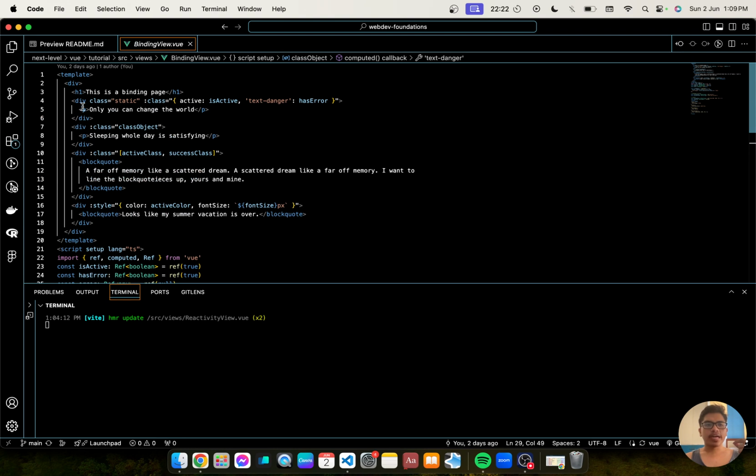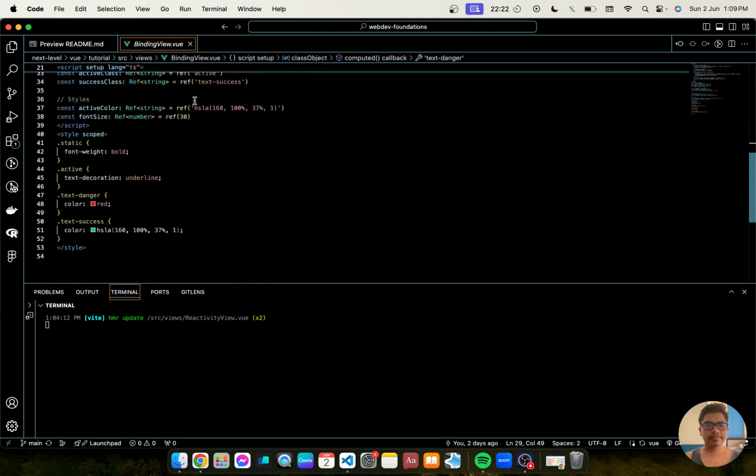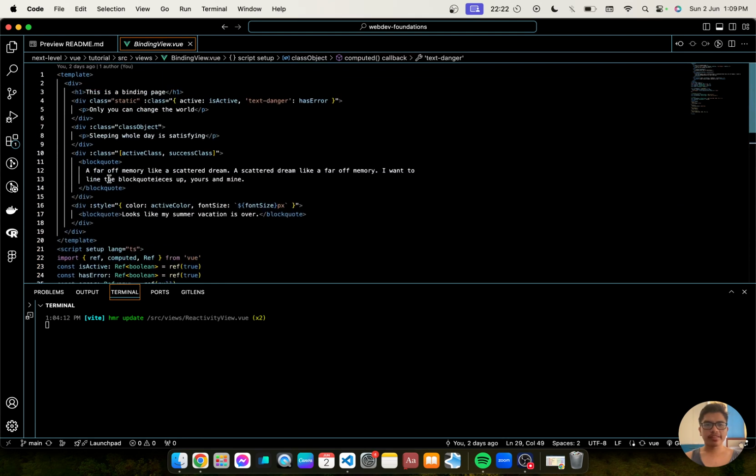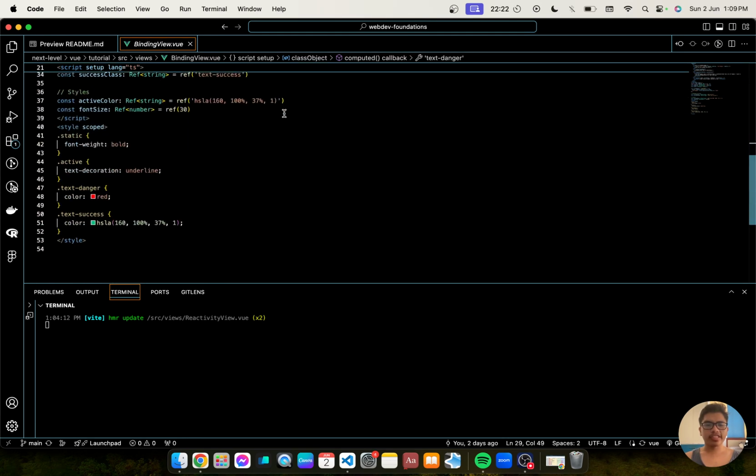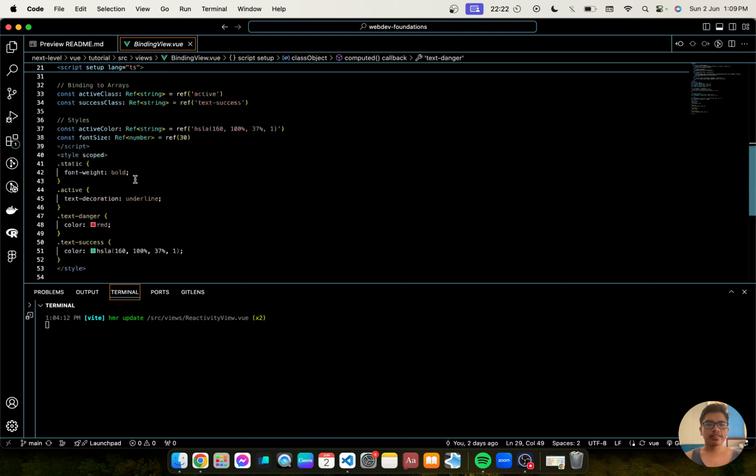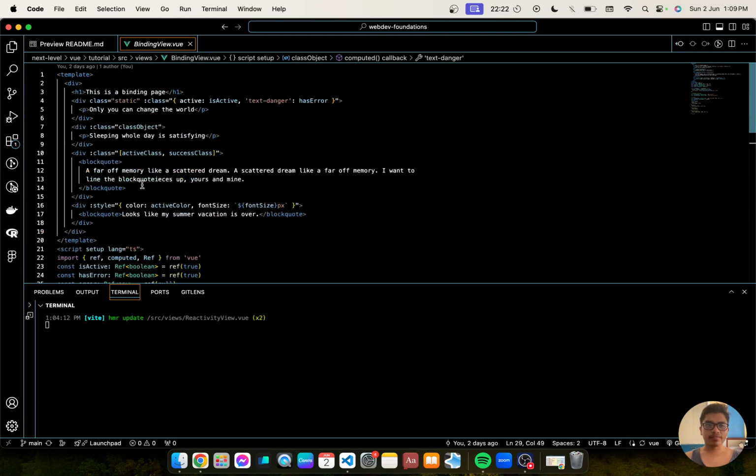Okay, so here we have this is a binding page. Then div class, static class, active is isActive. So when we have here active, text decoration underline, and text-danger, where the text becomes red.